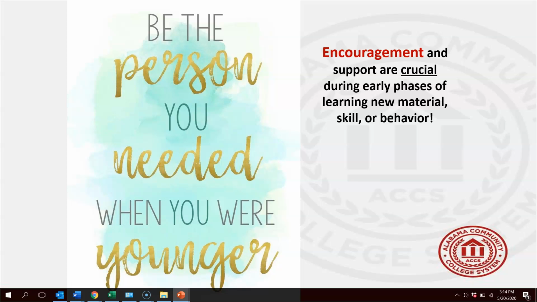And I would think faculty would be a little more empathetic towards this now that we're going through this COVID crisis, and a lot of faculty are having to convert courses that they've not converted before. So they're going through these same crucial phases, and they need encouragement also.